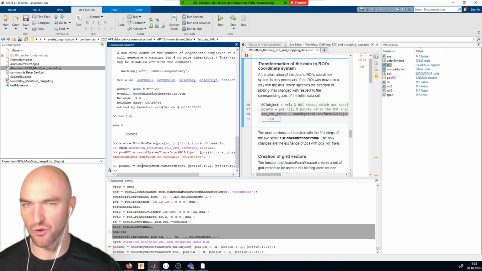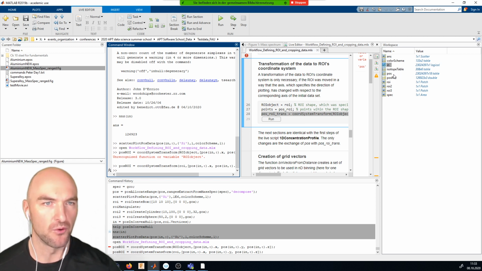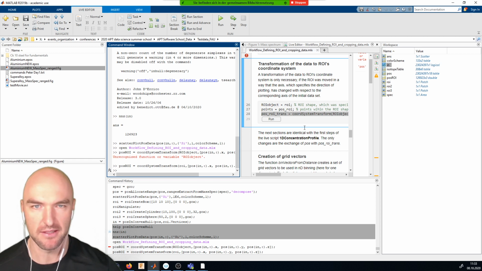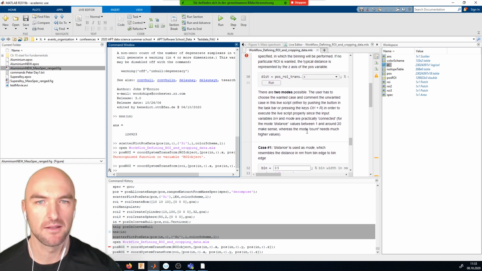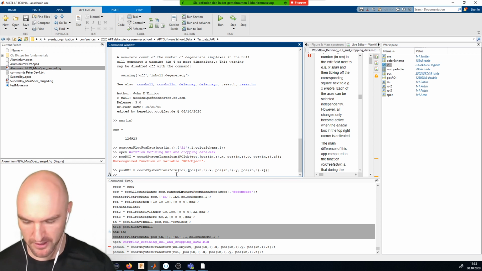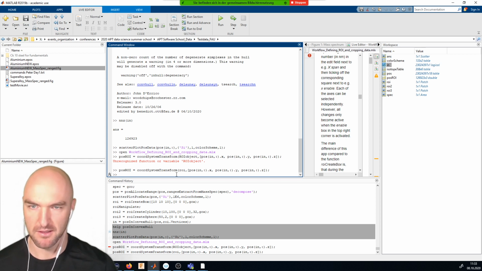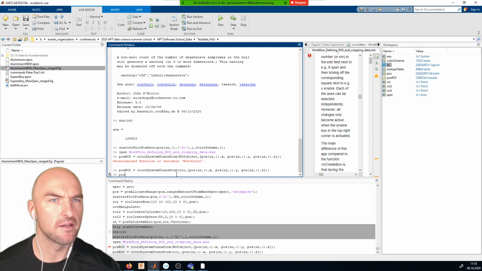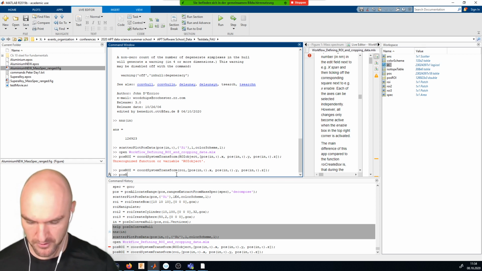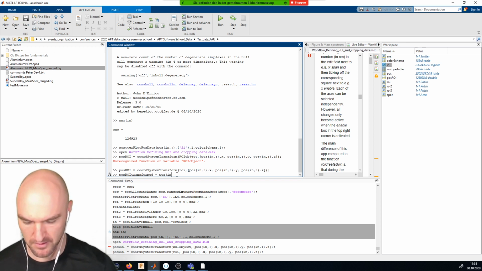So if I want to transform that in our POS ROI, then I can just use the X, Y, and Z coordinates here. So if we want to use that for display, then we can just go, what did I call it? The POS. Oh no, I called that POS ROI. POS ROI transformed equals POS in